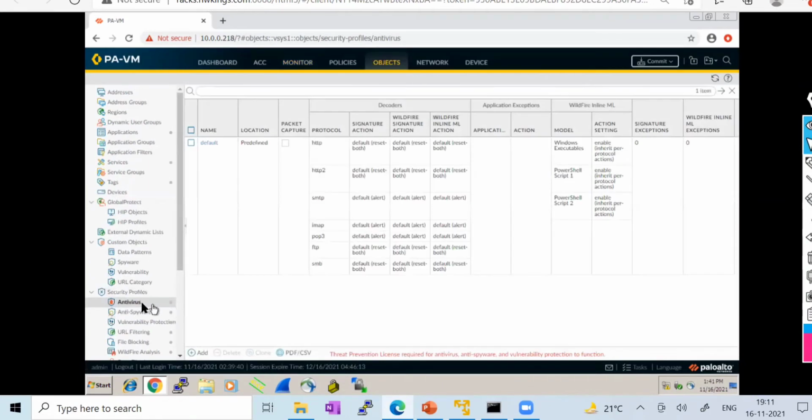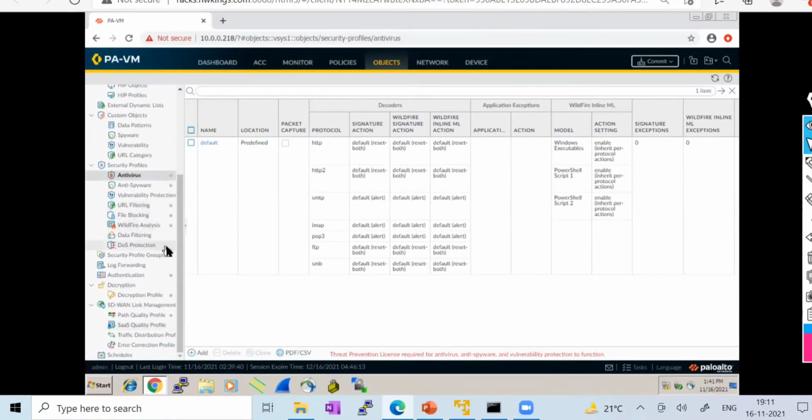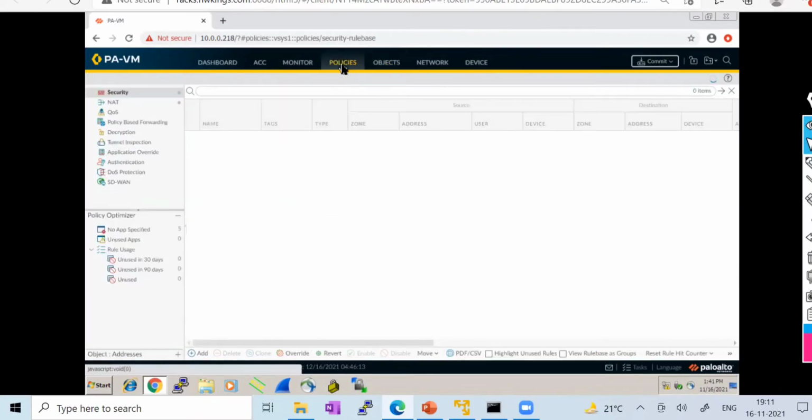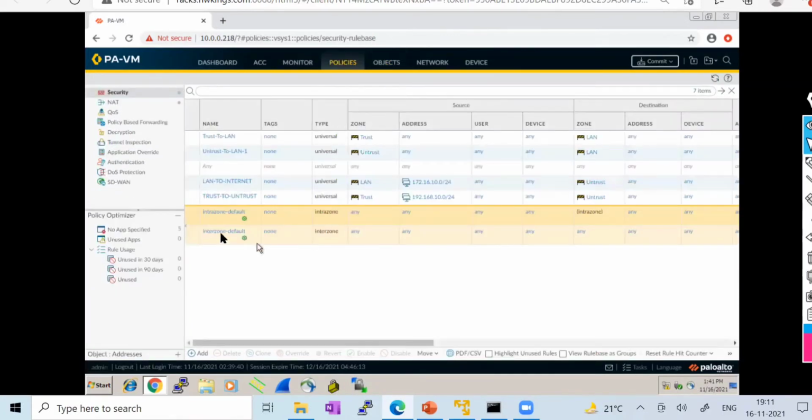So let's say suppose this is my antivirus, anti-spyware, vulnerability, URL filtering, file blocking, and all these kinds of stuff I can create here. So how and where can they be applied? So I have to go to the policy. And once I go into the policy, you can see we have different